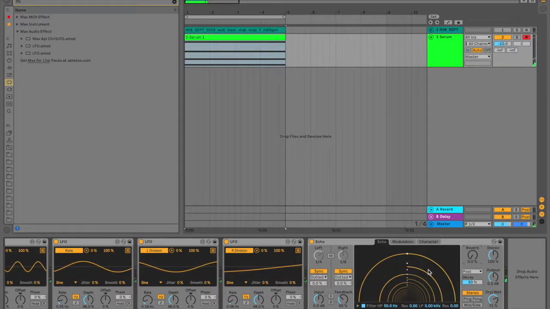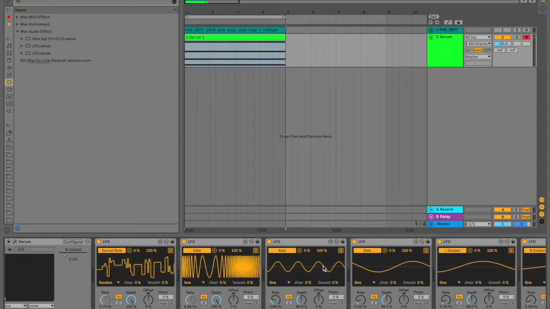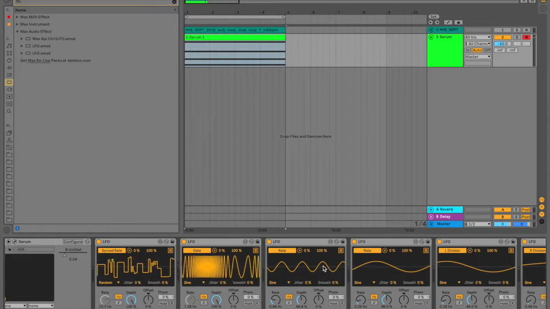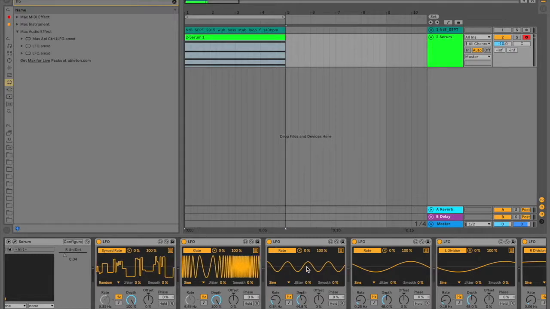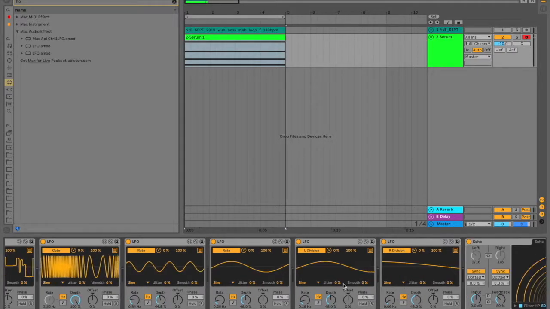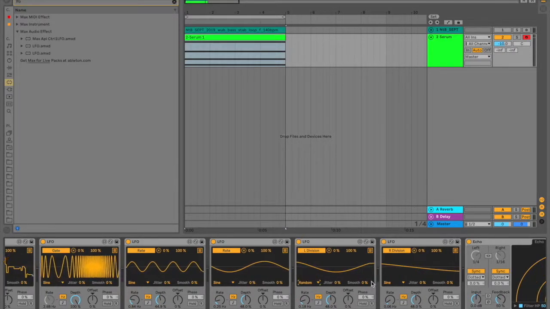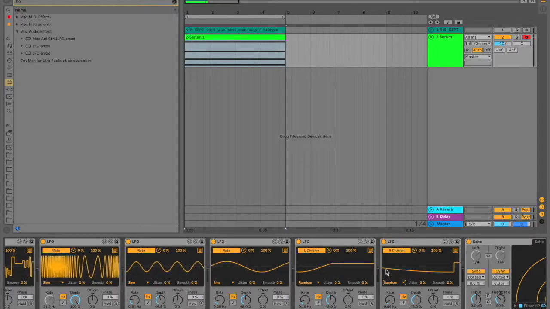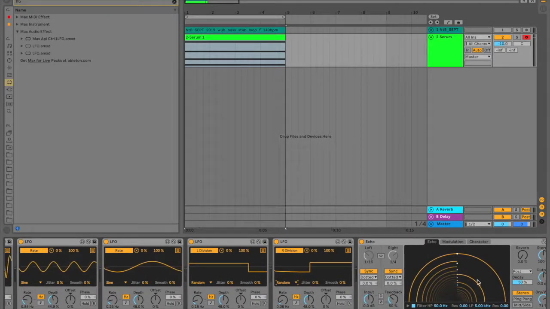So right now, with the LFOs that we have set, you're going to get slightly different variations every time, especially if we select the random option. So, maybe we could go random here, random here. And so now we're going to get